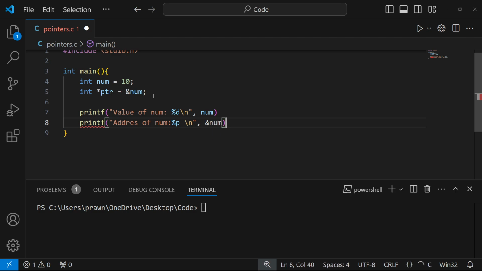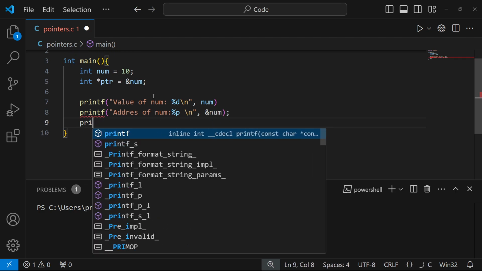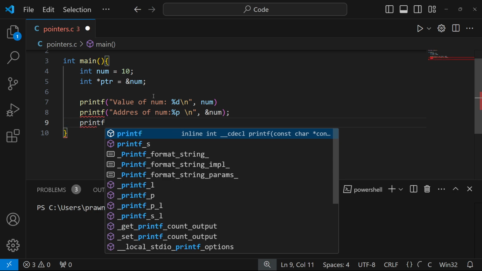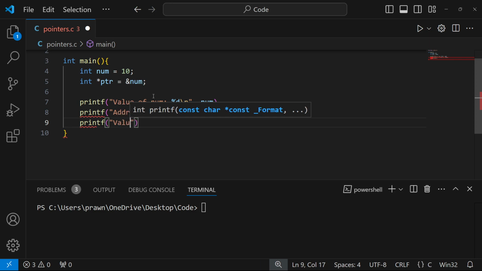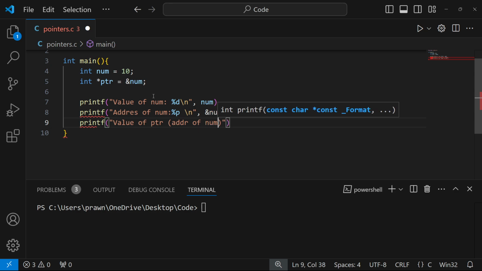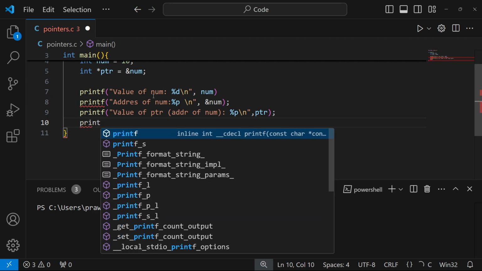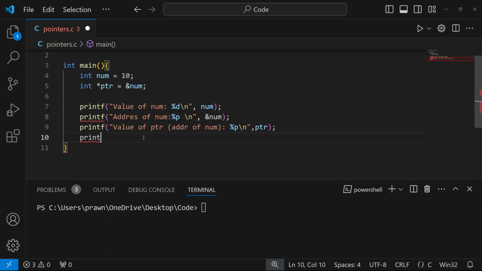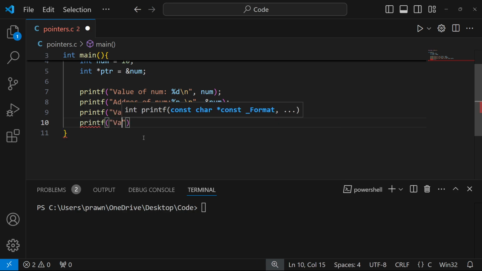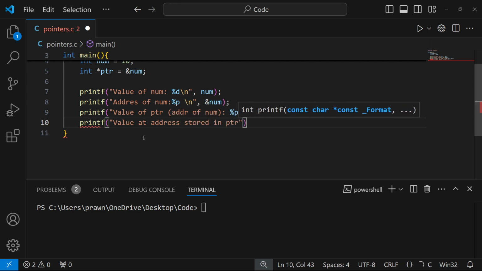And num. Now let us print the address of the variable num by using the pointer, which is the value of the pointer, that is the address of num. This too will give me the same address as in the above printf statement. And now let us print the value of num by using the dereference operator. Value at address stored in the pointer is